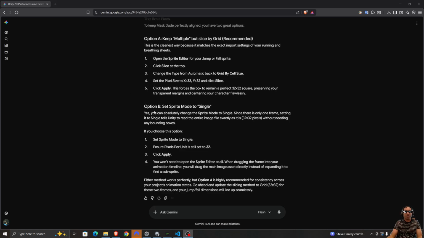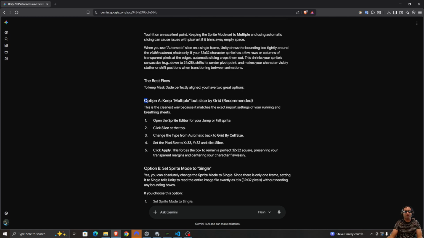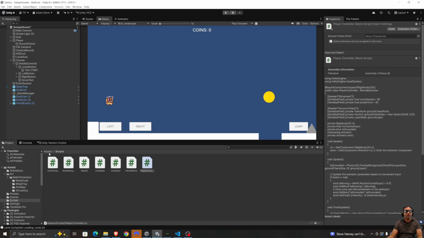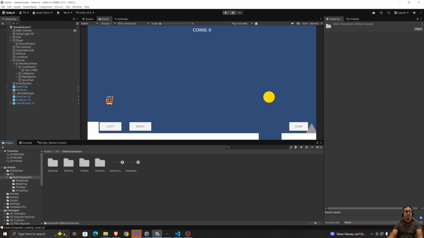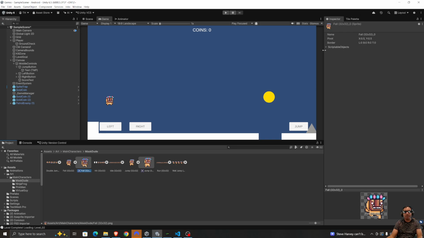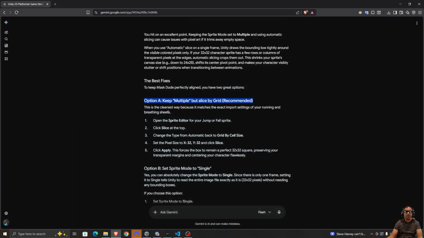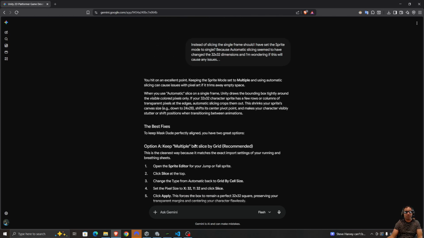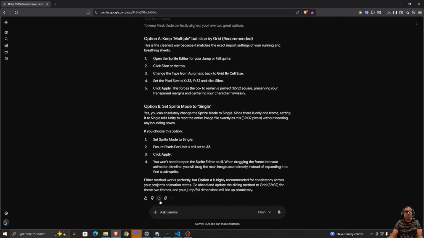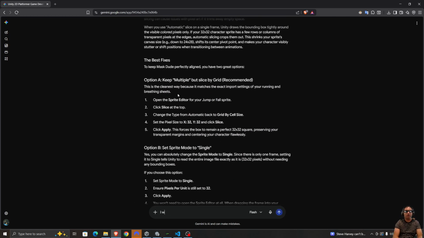So I have my Gemini pulled up, and if you remember from the last video, we went with option A. So we kept our multiple option in the animation sprite mode, instead of going to single, and we decided to set the pixel size to 32 by 32 and click slice instead of changing the sprite mode to single. So let's let Gemini know that. I went with option A, keep multiple,